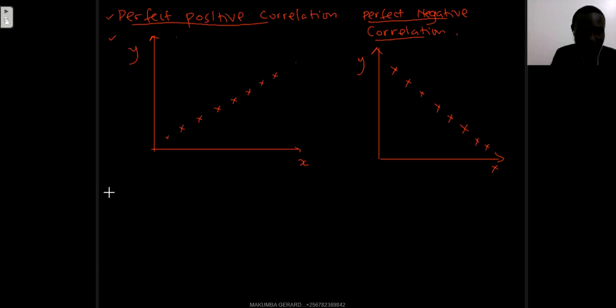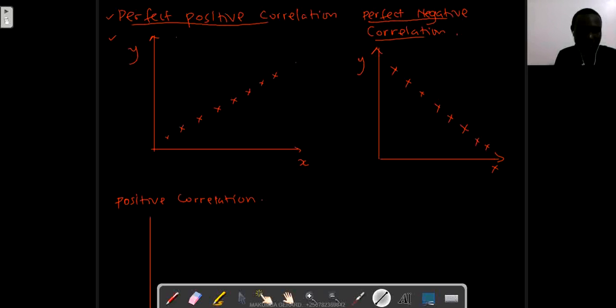Then we have another type of correlation. This is just positive. Now remember, whatever I have here, these are types of scatter diagrams which you may come up with. Actually, in a scatter diagram, you don't join the points. Positive correlation,